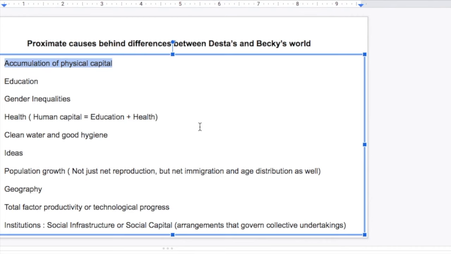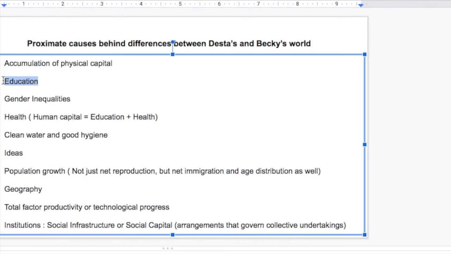Then education, which was mentioned by a lot of you. If people are educated, people are literate, then we can expect them to grow into good professionals and further contribute to the betterment of society. Maybe they'll contribute to the research and development of a nation. They'll come up with newer ideas, newer technologies. So definitely education